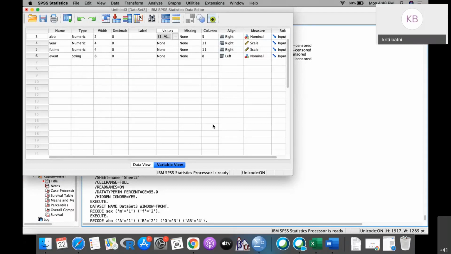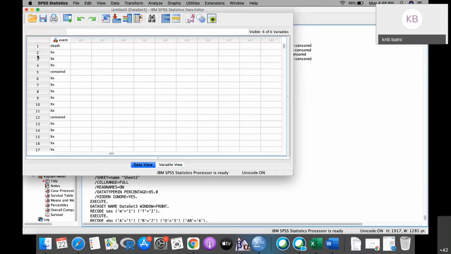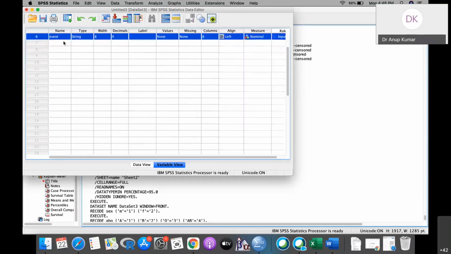So now in this way, what we did is that we have converted, and similarly the last one is this LTX and the other one censored. So here what we will do is that